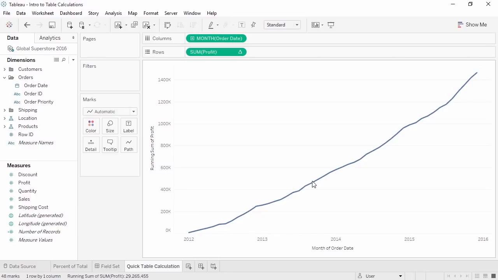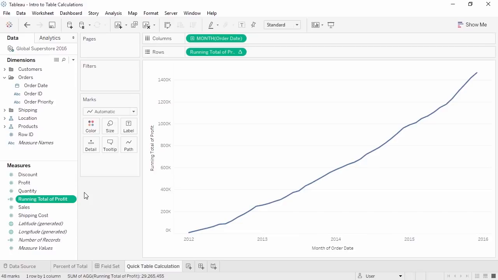Great! If we think we'll want to use this regularly, we can drag the pill with the table calculation over to the data pane to save it as a calculated field for easy reuse later. Table calculations can also be written in the calculation editor like any other calculation. Usually, this would be done with table calcs not available as quick table calcs, but to compare, let's recreate this